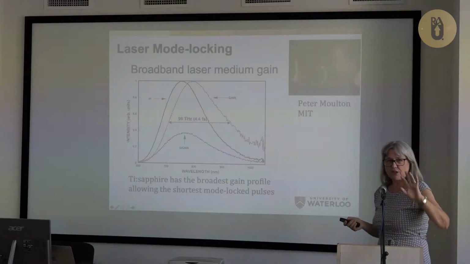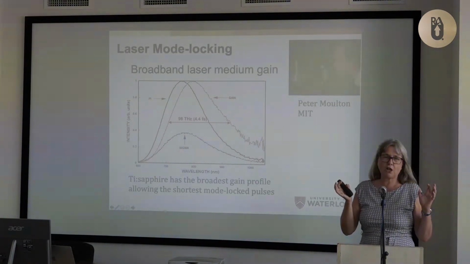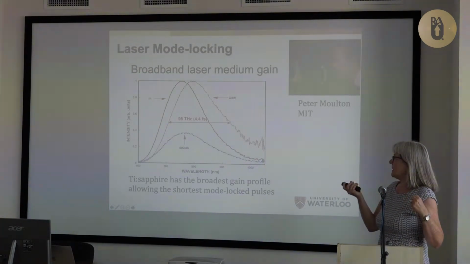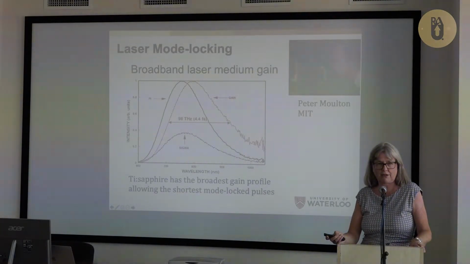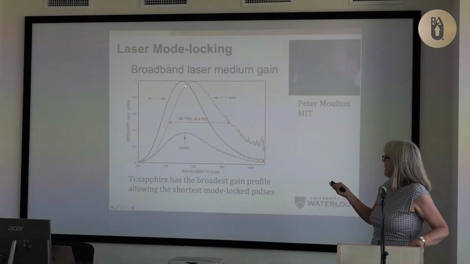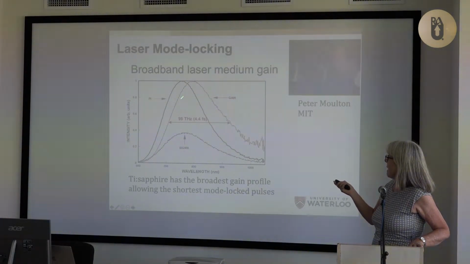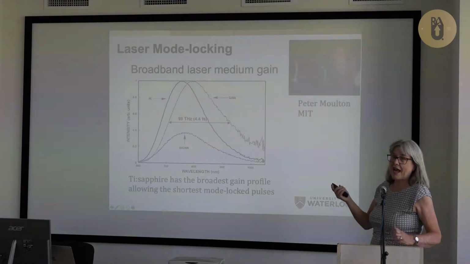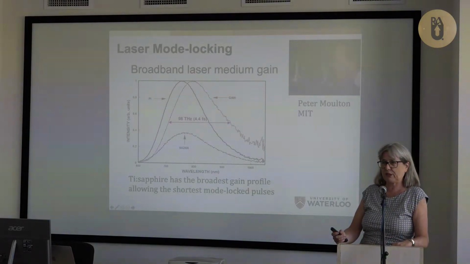It has a gain bandwidth, and don't ask me why, because I don't know enough about material spectroscopy, but it has almost 100 terahertz of bandwidth, okay? And 100 terahertz of bandwidth will give you down to almost 4 femtoseconds, and people can get 5 femtoseconds from titanium-sapphire oscillators now. But if you want to amplify these very short pulses, then the center of your spectrum sees this gain, while the ones out here see half the gain, which means this gets twice the amount of power compared to this one and, for a gain of 2, becomes 4 times higher than this guy. And so this is called gain narrowing, and you lose your spectrum. And if you want a gain of 1,000,000, you've really lost your spectrum.